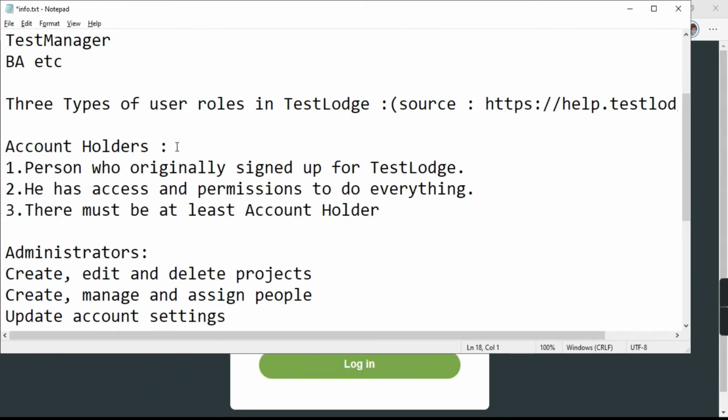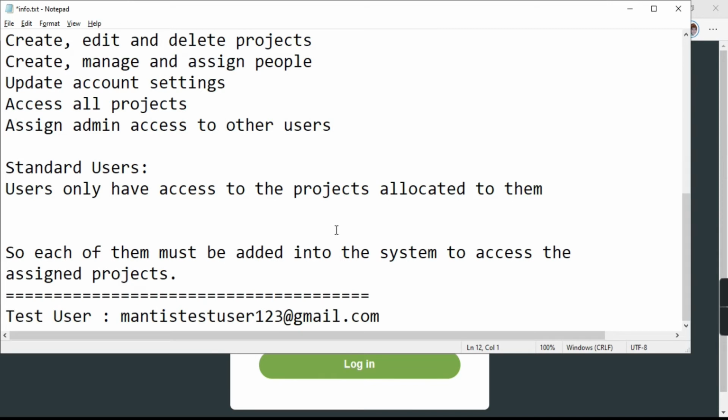Now coming to the higher authority people, the account holders. Account holders are the people who generally signed up for TestLodge. The person who created the account and signed up for TestLodge is the account holder, and he has access and permissions to do everything. And of course, there must be at least one account holder for TestLodge. So let us see how we can create the users in TestLodge.